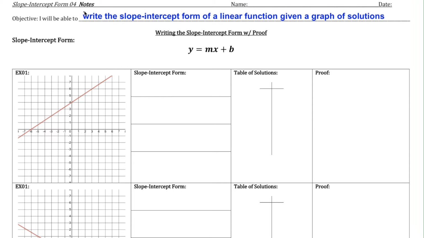All right, so in this lesson, we are going to write the slope-intercept form. So we're going to write slope-intercept form of a linear function, so of a line, given a graph of solutions. So given a graph of solutions. So this is just like we did in our previous lesson, but this time we're going to add some proof